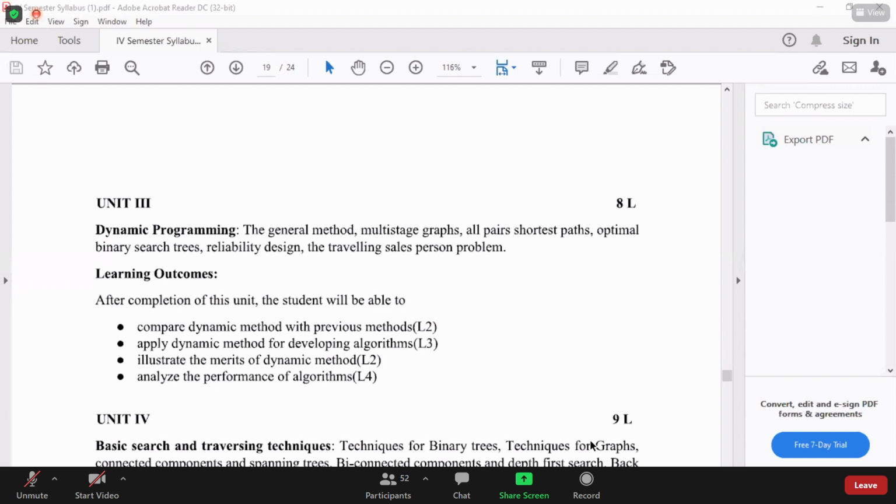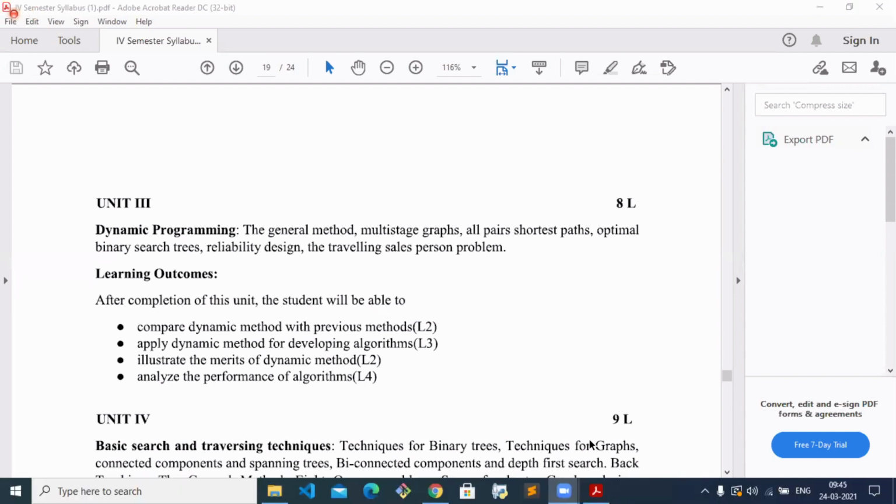Is it visible, all of you? Okay. General method we have seen, multi-stage graphs we have seen, all pair shortest path in the last laboratory also we have done, optimal binary search trees, reliability design, traveling salesman problem.